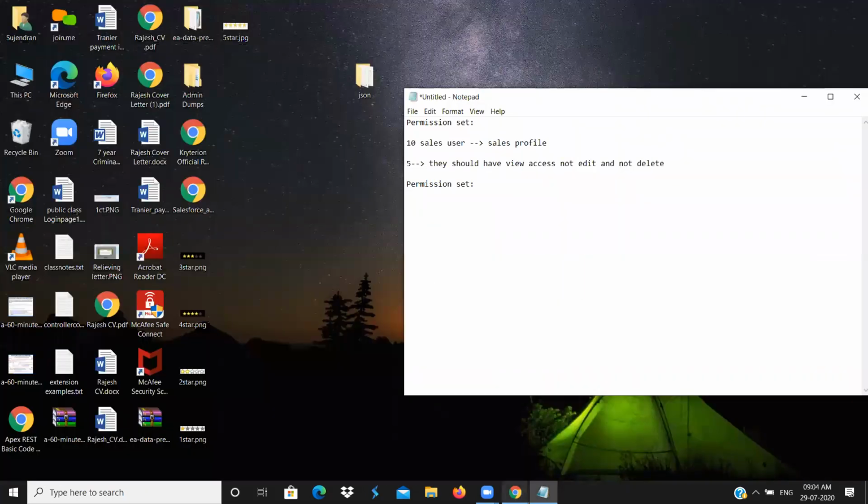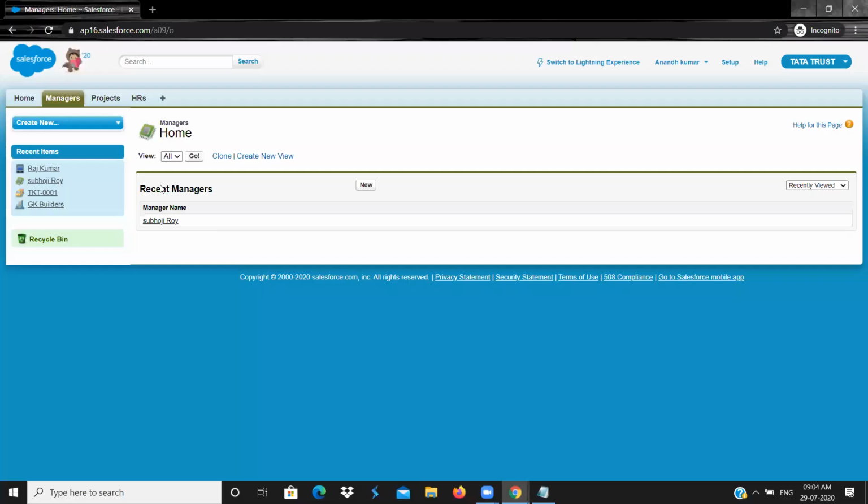Now go to the incognito tab and click on refresh. Now this user will see the ticket tab. It is not coming from the profile, it is coming from the permission set.